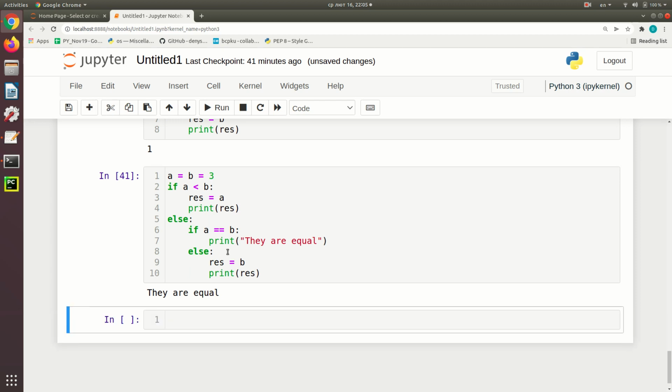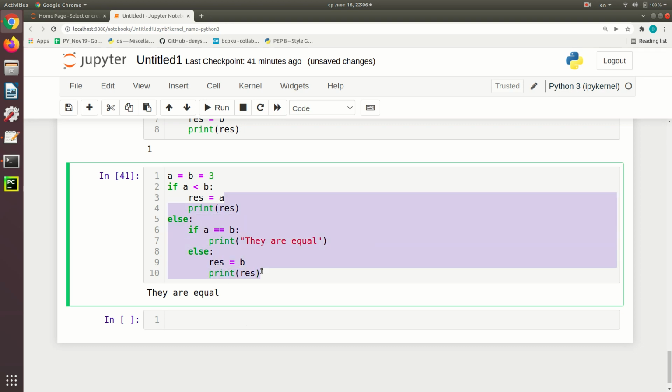But sometimes this construction can be inconvenient. What do I mean? For example, we want to check a lot of conditions. For example, our A value can be equal to a lot of different constants, for example, 1, 2, 3, and so on. As a result, we can have a lot of checks and a lot of conditions, and all of them will create a very large number of indentations for the last lines. To avoid this problem, in code formatting, we can use another statement